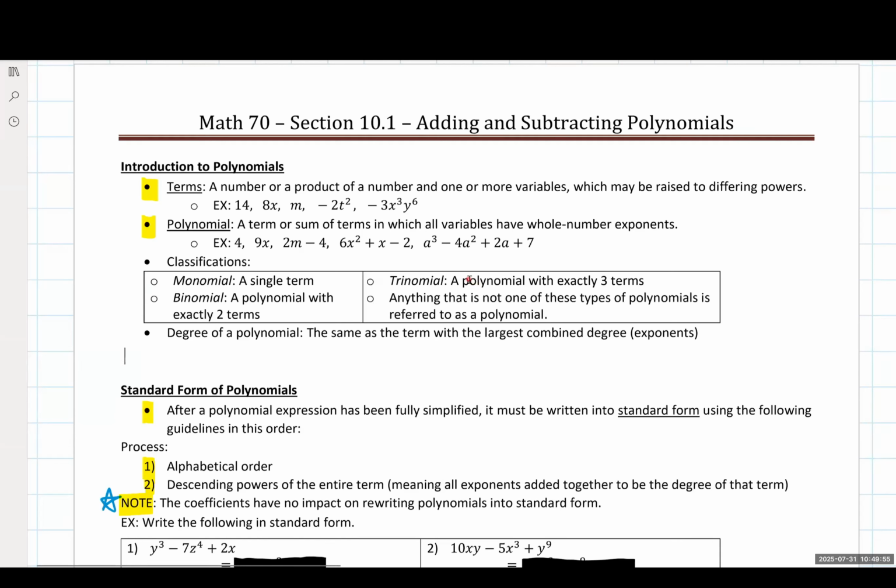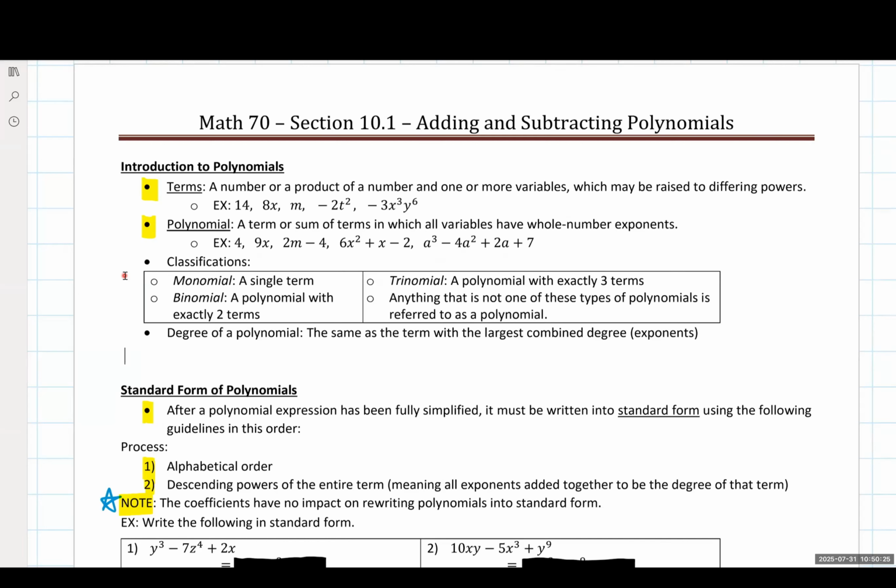So when we're looking at any polynomial at all, the terms are separated by addition and subtraction signs. That's how we're going to tell if we have a polynomial or not, and if terms are adding and subtracting together. Now, we have some classifications for polynomials, and I want to take a quick pause here with these because these are both really nice to know and at the same time not critical to this particular class and what we're going to be doing with them.